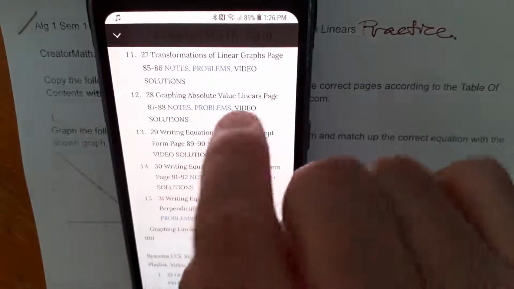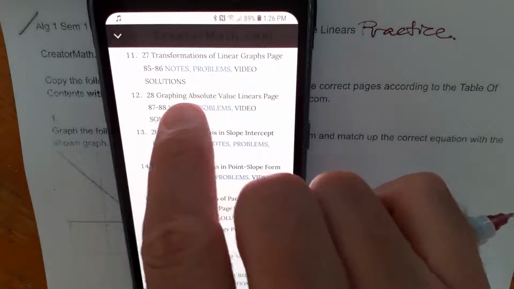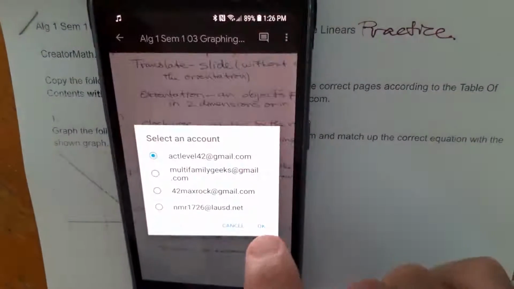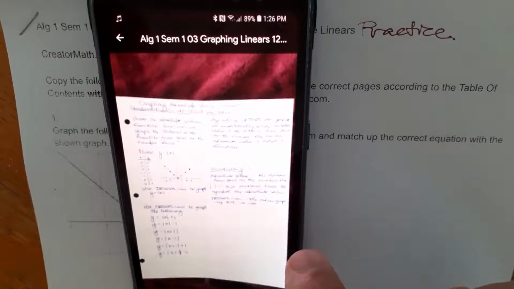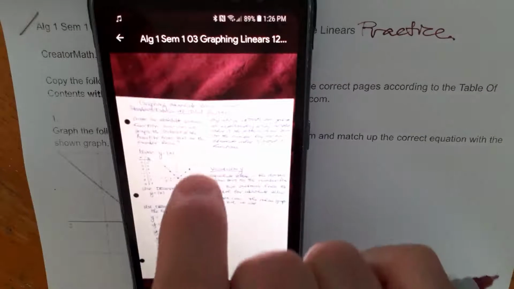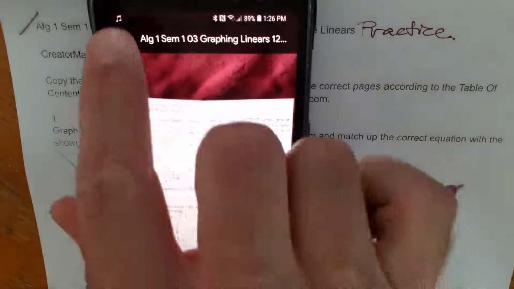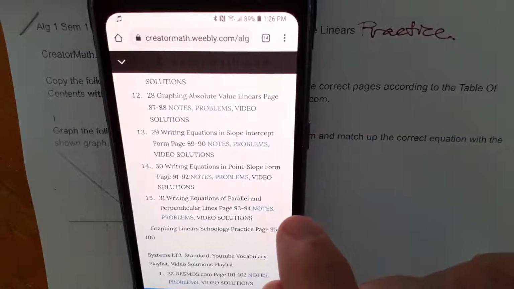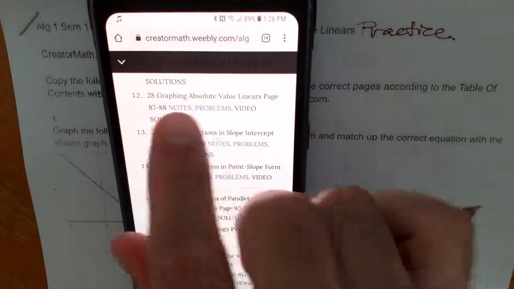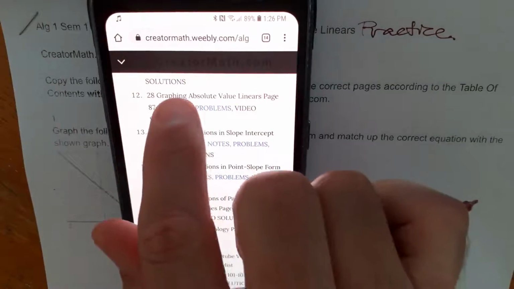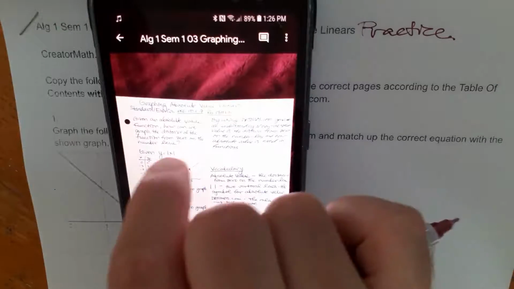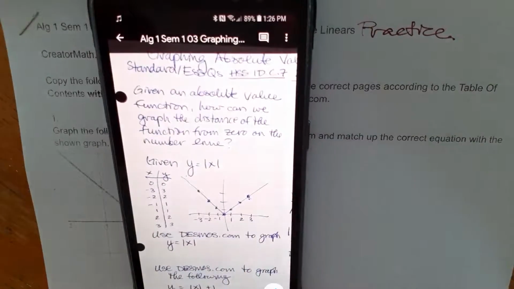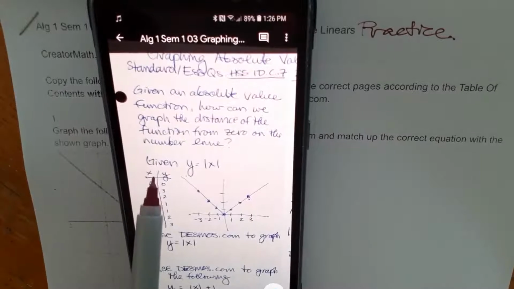When you open notes to copy those into your comp book, sometimes I have to do it twice, and this is one of those times. So see how it's not clearing up? This is not loaded yet. Knock on wood, I've always been able to do it in 2 or fewer times. So graphing absolute, let me open the same one again. Okay, and so see how it cleared up. Now we can expand it, we can see all the notes. So go ahead and put this into your composition book on the correct pages as shown,